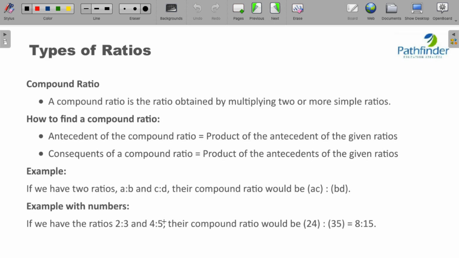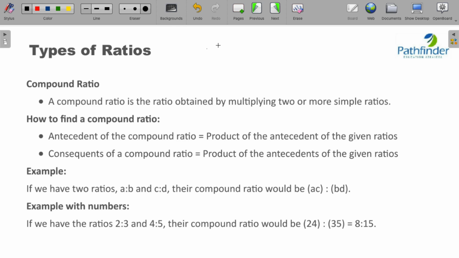Let's move on. What is a compound ratio? A compound ratio is nothing but multiplying two different ratios. So if you multiply two ratios, you get a compound ratio. So how do you multiply two ratios? You multiply the two ratios by multiplying the numerators and the denominators of the two ratios. For example,